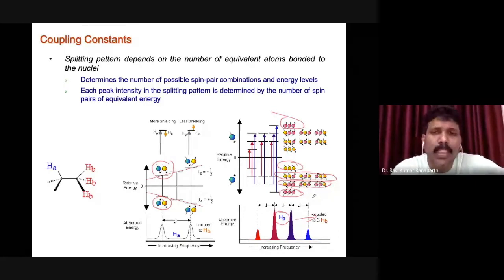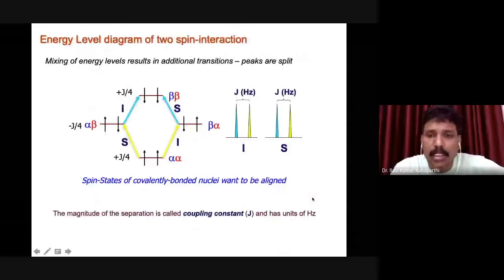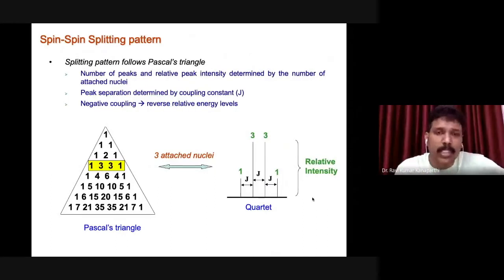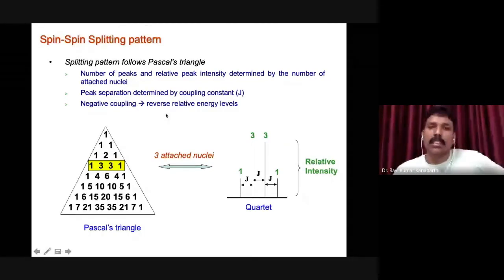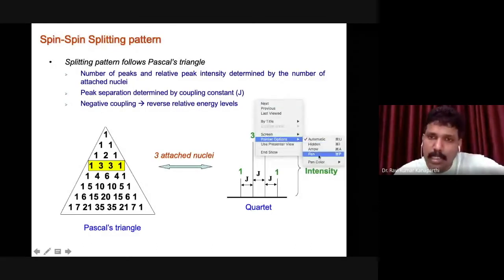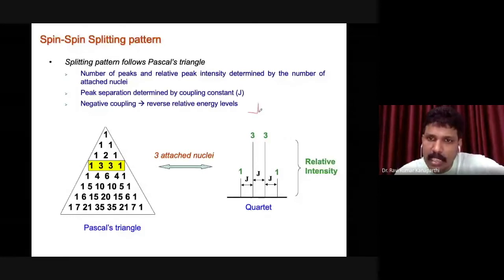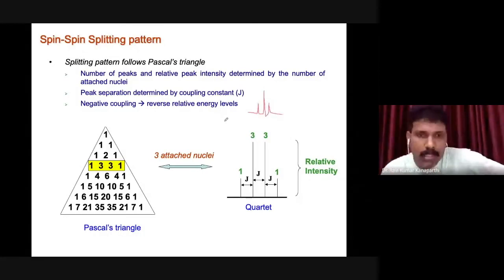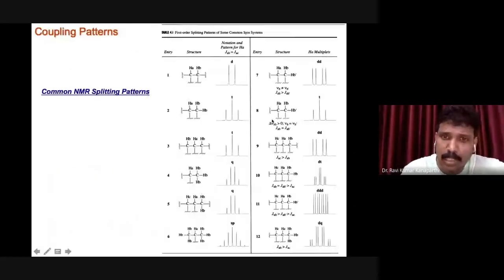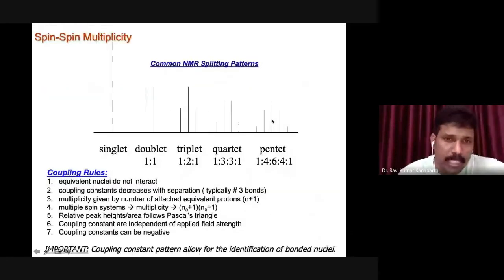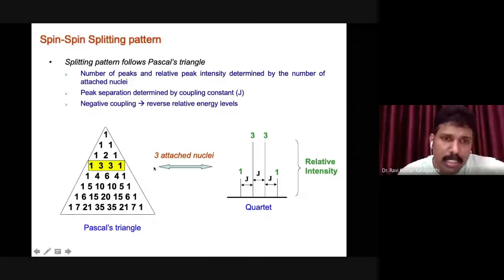This is the same thing that I have already finished, and there is nothing more to discuss. Now the question is very interesting: what is the intensity of the split lines? This I did not touch upon, but let me tell you about the intensity of the peaks. I told you that the individual NMR peaks will be split. The intensity of these split lines follows the Pascal triangle.